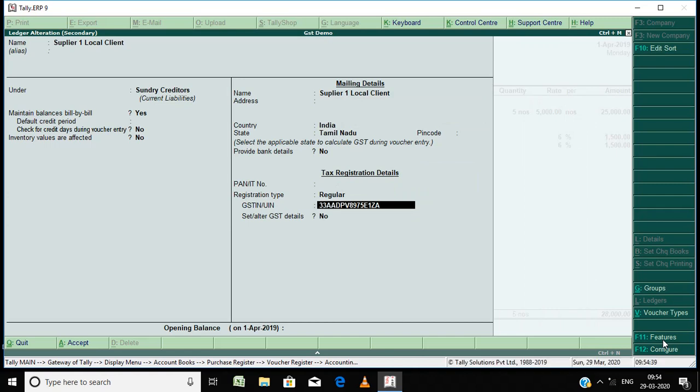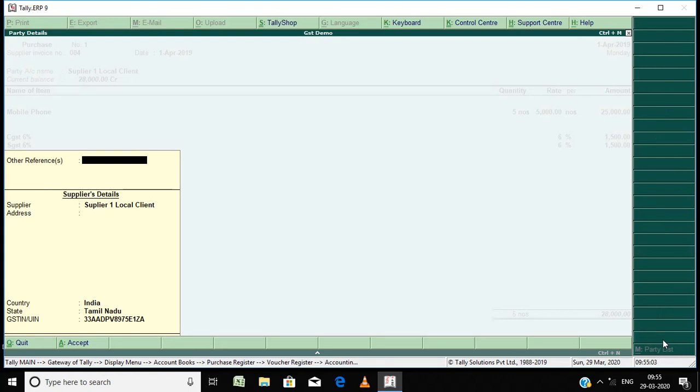If the supplier doesn't have the GST number, here select unregistered dealer and ignore the GST number. In this case I have GST number, so registration type I choose regular, then I enter the GST number of that party. This is only for demo purpose, don't follow these GST numbers and all. Okay,